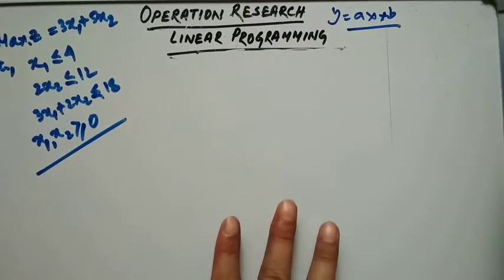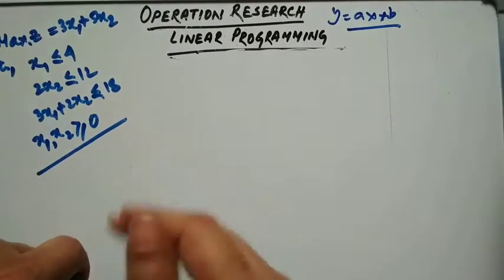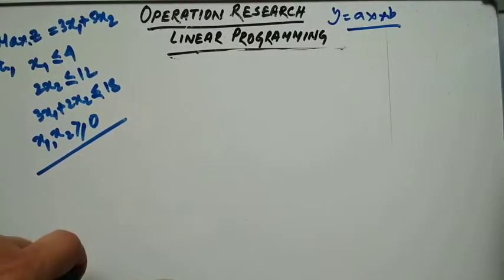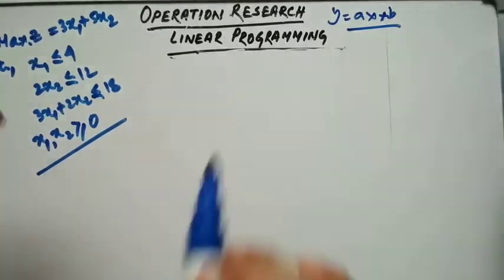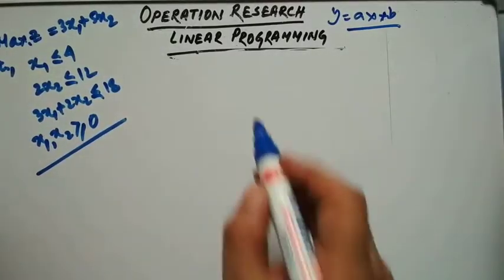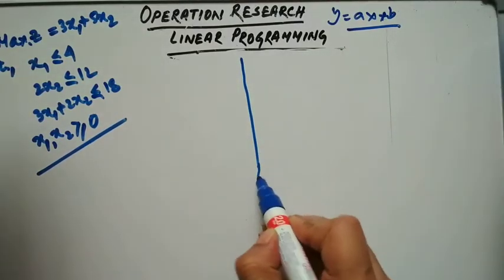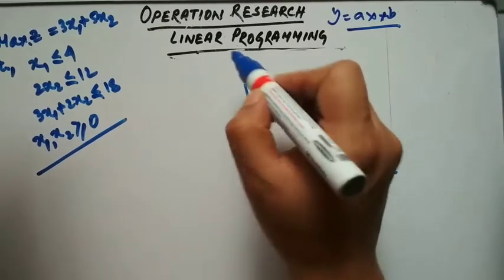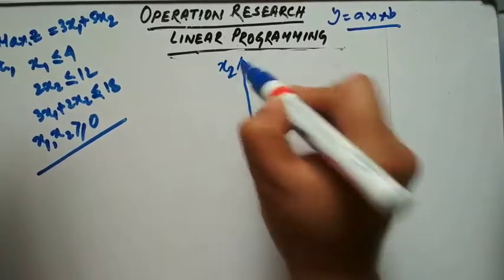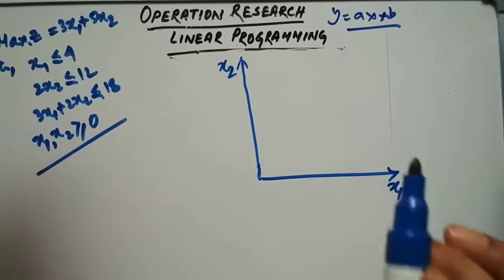Look, this is very simple mathematics, you can say geometry also. You have already solved this type of geometry in your 9th-10th classes. Okay, you just have to construct a graph and you have to solve it. So let us construct a graph. How to solve? Look, say this is the graph. Say this one is your x2 variable and this is the x1 variable. Okay, you just have to simply construct a graph.